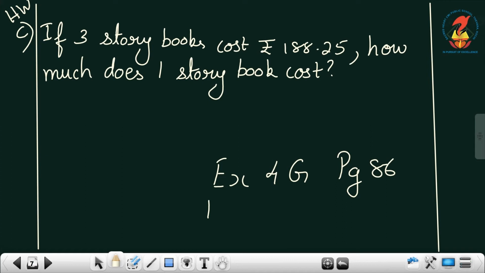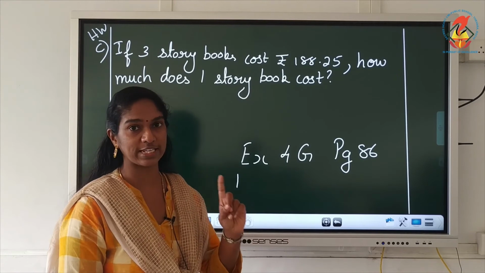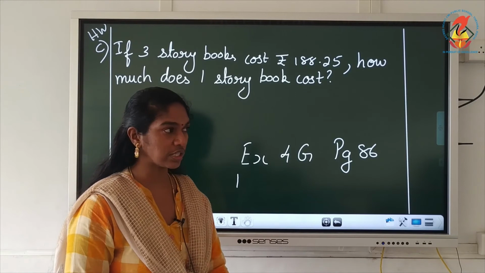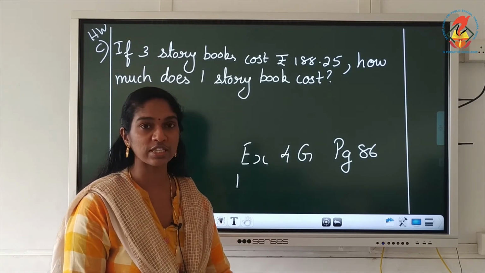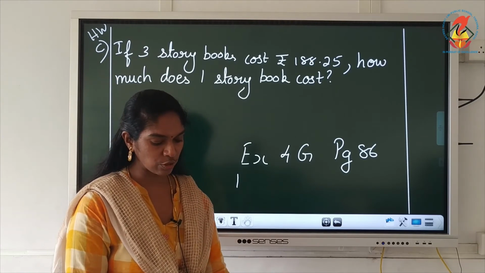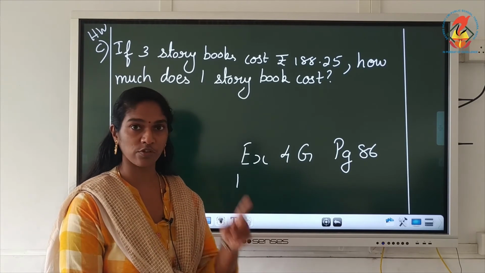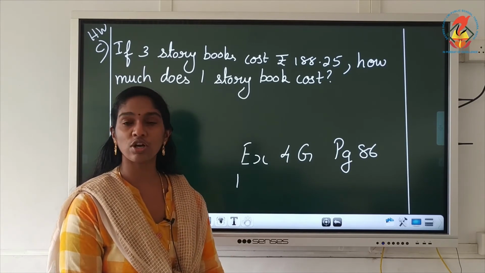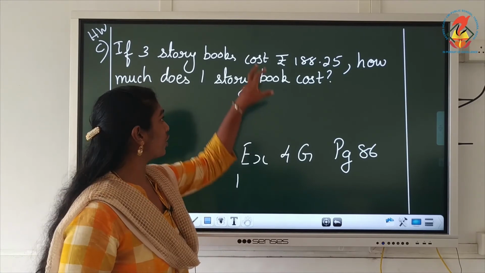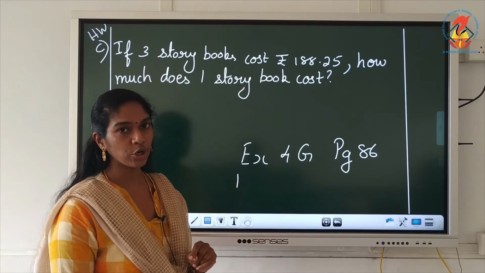In that question 1, find the unit price of each. Unit price means you have to find the cost of 1 each. Unit is 1. Find the cost price of 1. So, they have given you the cost of 3 balls. You have to find out the cost of 1 ball. Given you the cost of 5 umbrellas, you have to find the cost of 1 umbrella. Given you the cost of 9 pens, you have to find the cost of 1 pen. They have given you the cost of 8 erasers, you have to find the cost of 1 eraser. Okay. So, after you do this question, you will do that question number 1 in your notebook.